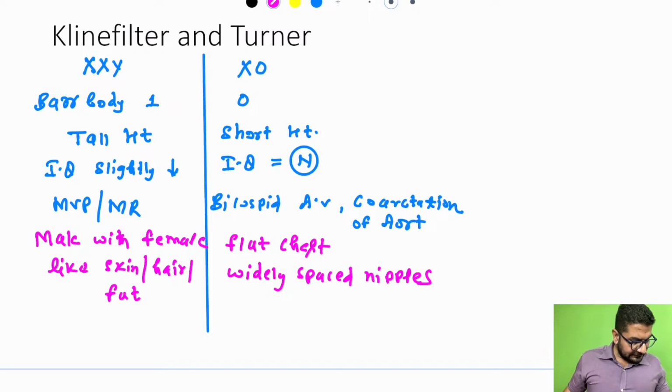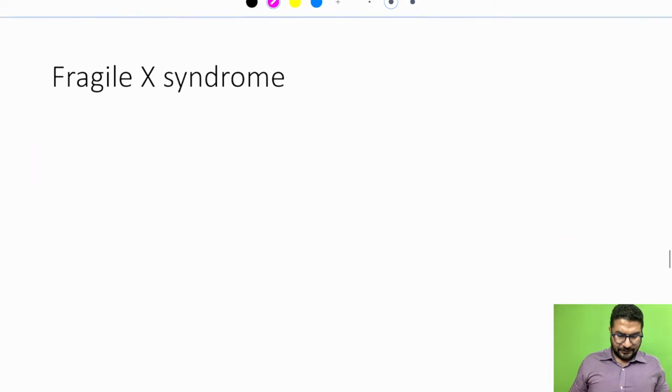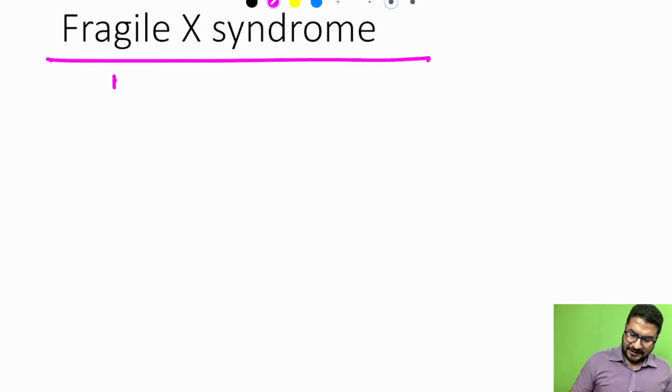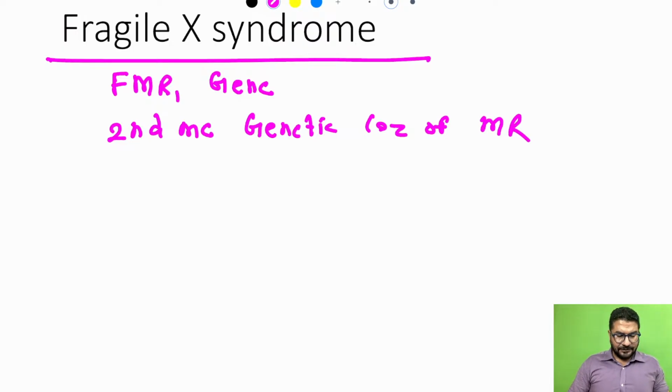Done? आगे चलो. Okay, now understand we have fragile X syndrome. अब इसको समझते हैं. So they ask you a lot of times questions from this fragile X syndrome. So it is due to the FMR1 gene. Fragile X syndrome is the second most common genetic cause of mental retardation. अब इसको देखो, in fragile X syndrome you will see the patient will have a small nose,